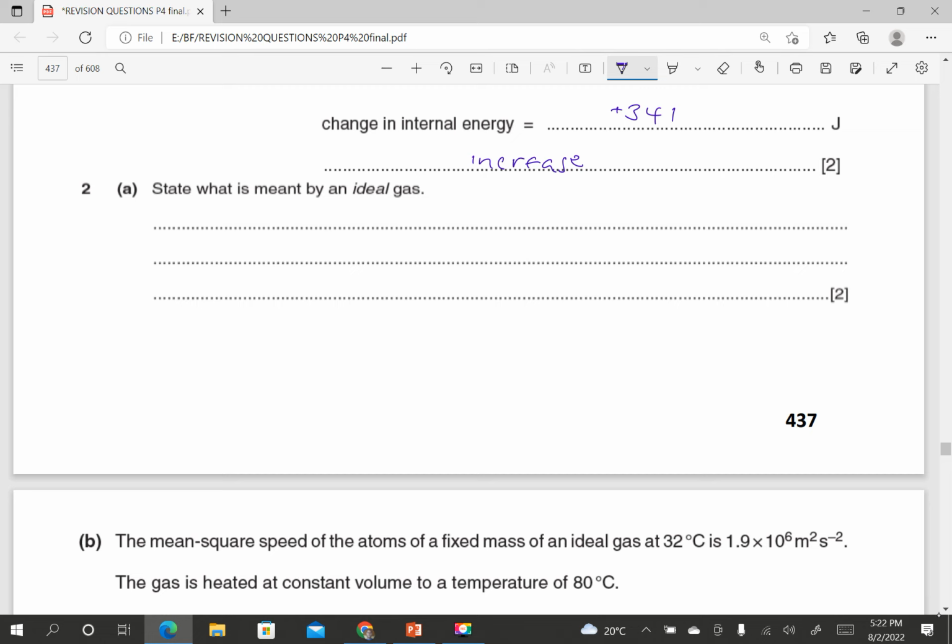State what is meant by an ideal gas. We said for an ideal gas, it should obey the equation. So this obeys the equation PV equals nRT at all temperatures and pressure,